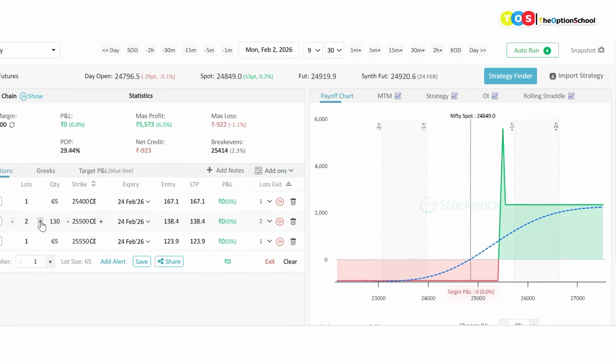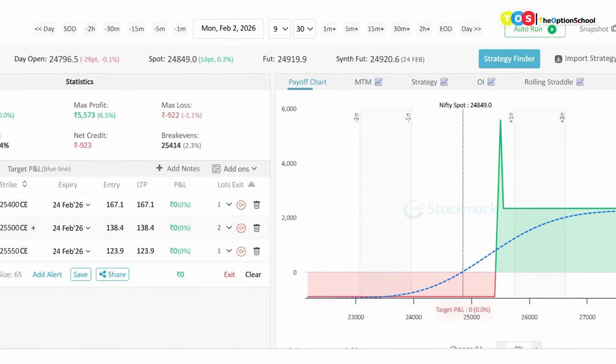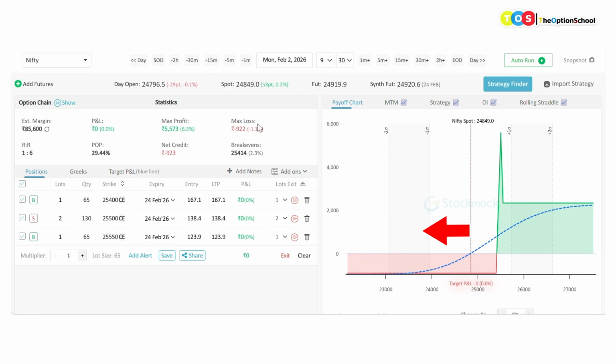This is very popular, you can say a one-to-one kind of a strategy. Now in this case, what will happen in case the market goes down, the maximum loss to me is 921 rupees. If the market goes above 25,414, my profit can be very good, 5,500 rupees, which is around 6.5% of my margin